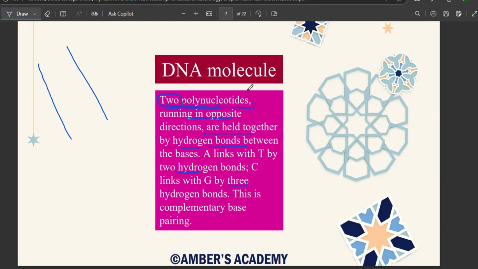ठीक है? And we said कि nucleotide is the monomer of your nucleic acids. ठीक है? Nucleic acid is your polymer, while nucleotide is the monomer. We discussed the structure of nucleotide, that it has phosphate head, it has a pentose sugar, then it has a nitrogenous base. ठीक है? So poly means many, and nucleotide is the monomer of your DNA. So I'm saying कि इस strand पे, this is the strand of DNA. Let's consider this as your strand number 1 and this as your strand number 2.